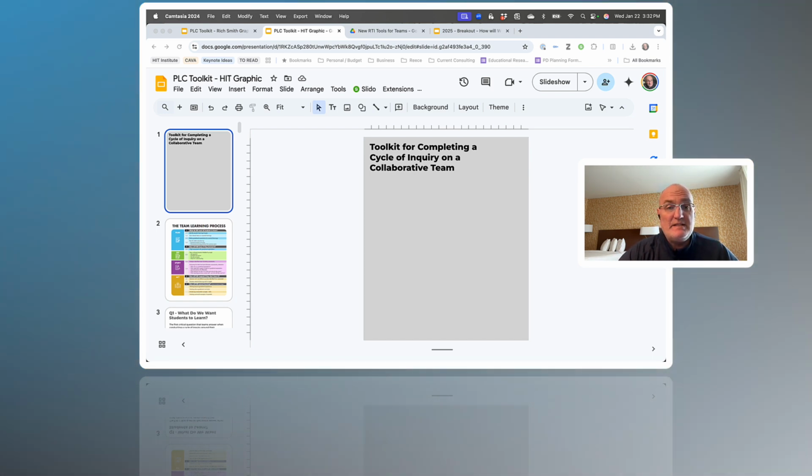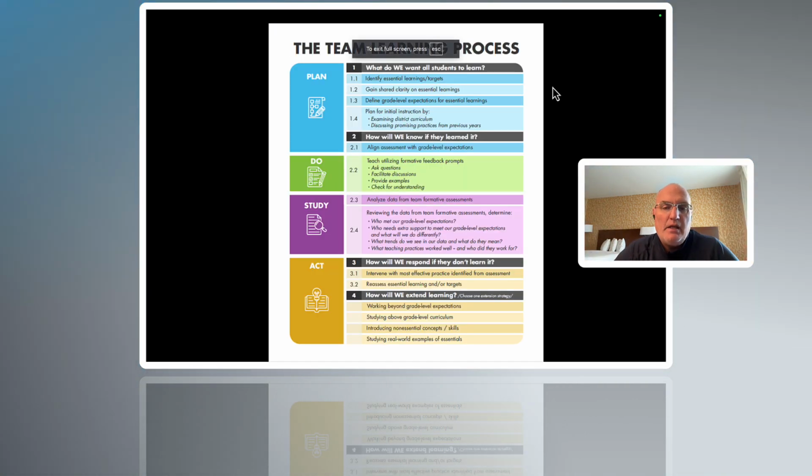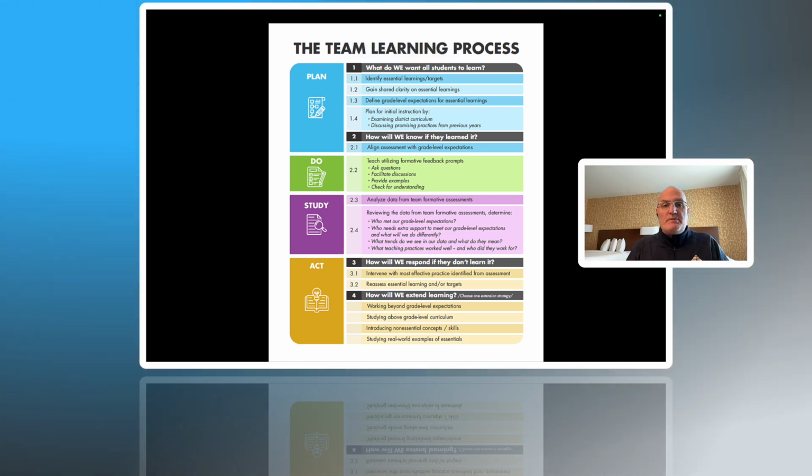And one of the things that I deeply believe in is that to facilitate the work of collaborative teams, we really ought to be providing every single team with a graphic that describes the steps that they take to complete a cycle of inquiry. The reason that's so important to me is because sometimes when I was on a collaborative